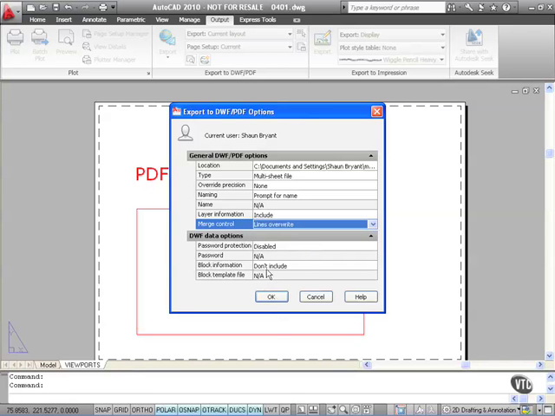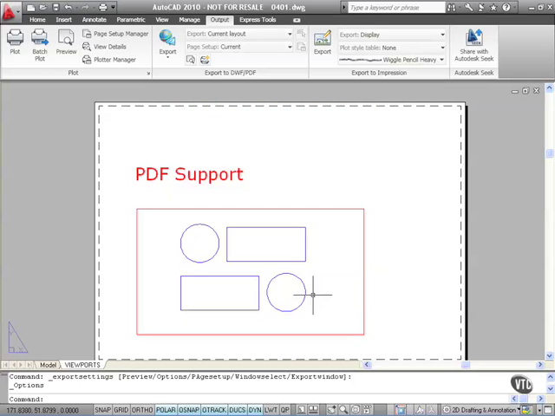I can also include block information in either DWF or PDF files. There is support for that now in a number of PDF products, and also with DWF you've got Design Review where you can look at that block information in an Autodesk Review product. So I could include block information if I want to. I'm just going to cancel that now, and what I'm going to do is go to my plot icon here, my plot button,